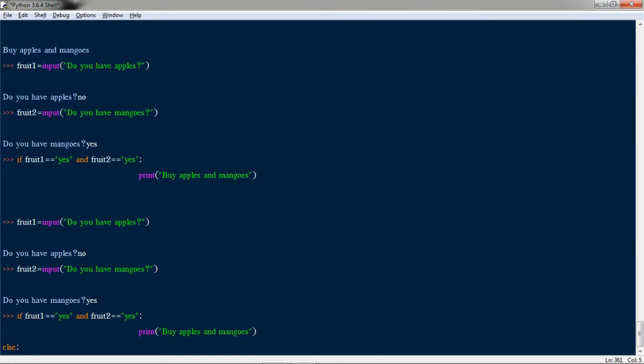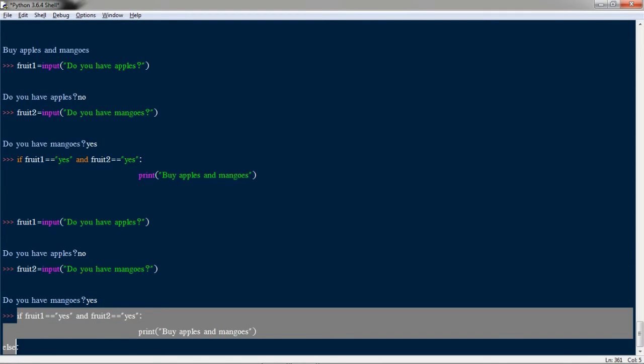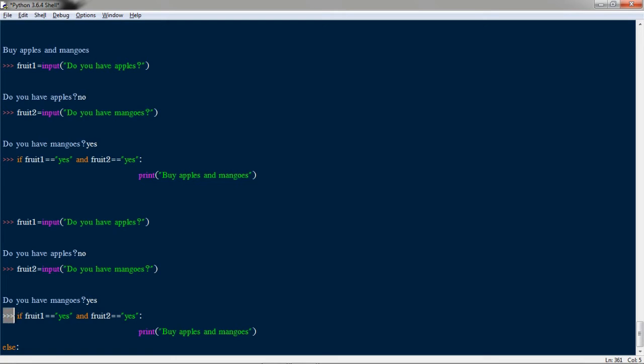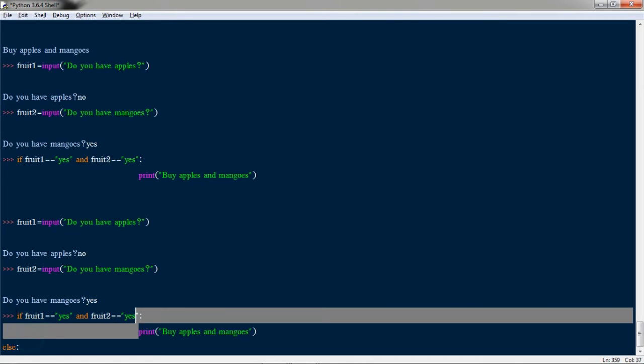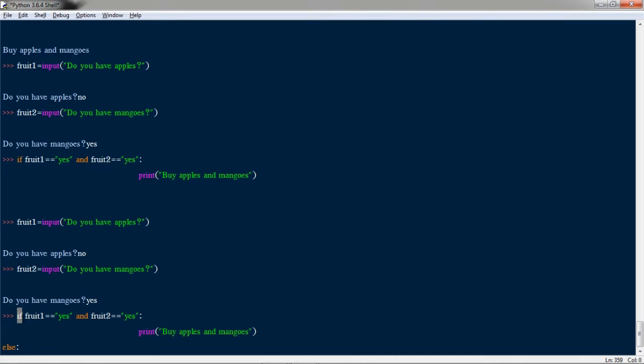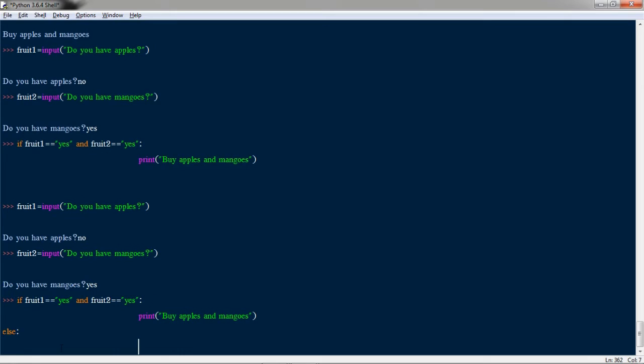You might be thinking that they are not in line, but this is because of this arrow. If you remove this, they are practically in line, right? This arrow just denotes that it is a new code. So this if and else are in the same line. I had told you previously that indentations are important. So if apples or mangoes are not present, I'll simply tell it to buy